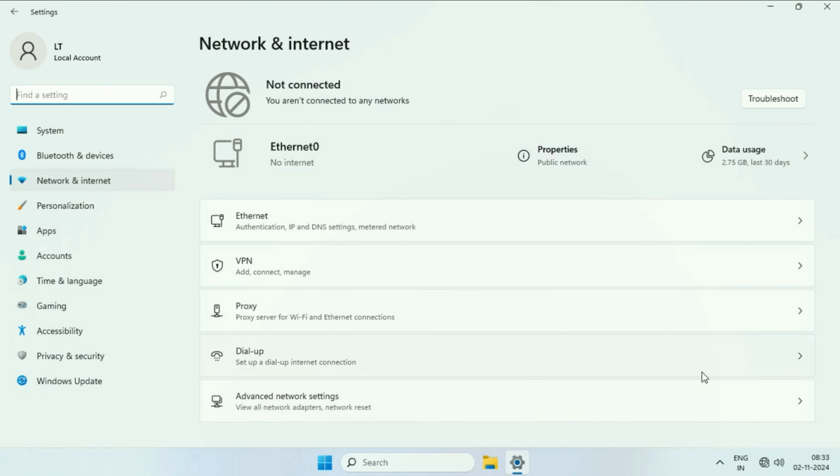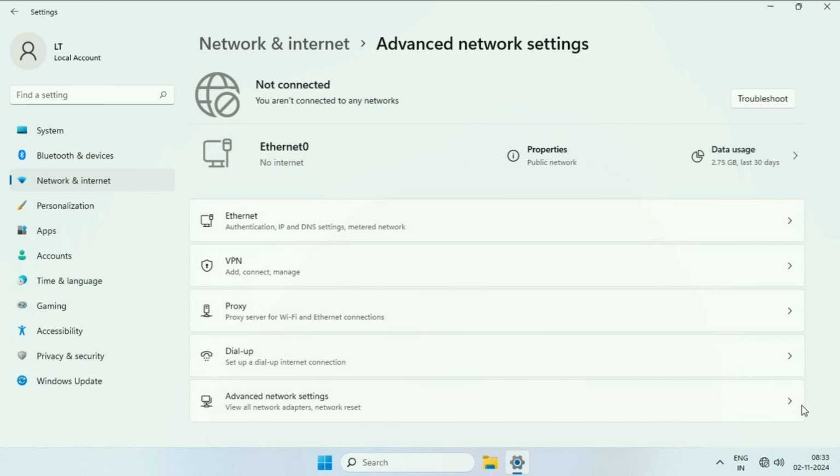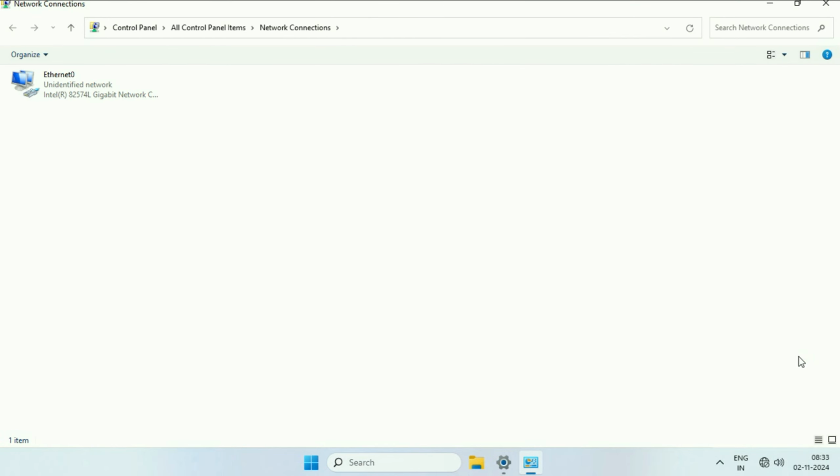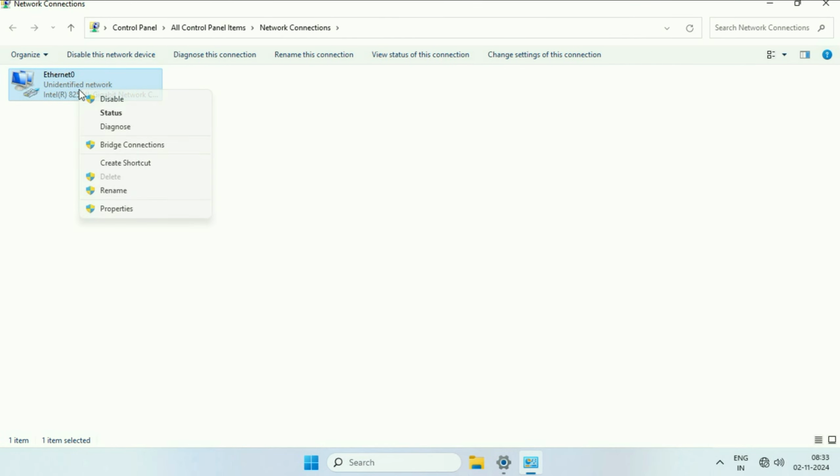click on advanced network settings, click on more network adapter options, right click on network icon, click on properties,